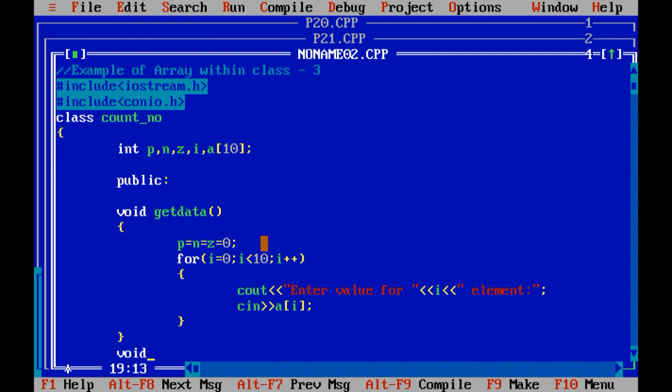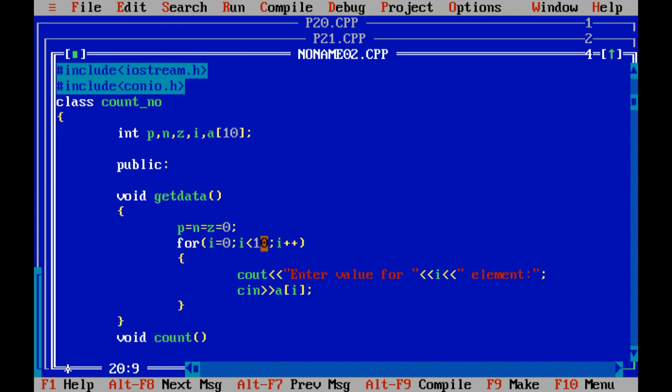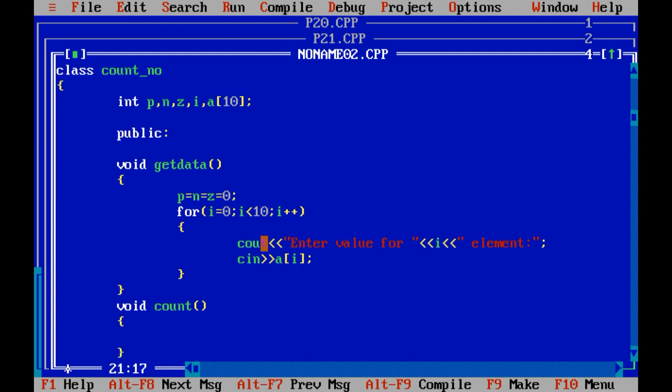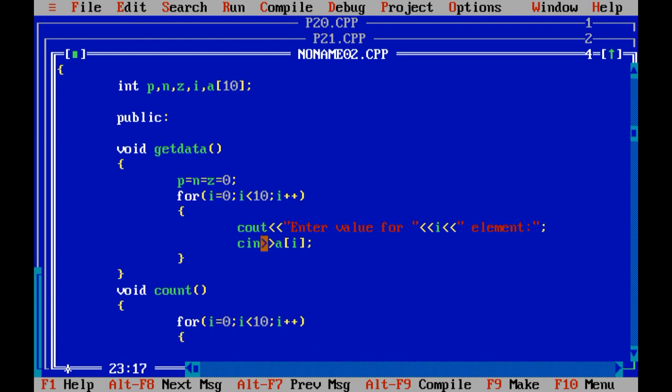Now next method is called count, because I want to count how many positive numbers are there, how many negative numbers are there, and how many zeros I have entered through the keyboard. For i equals to 0, i less than 10, i plus plus.